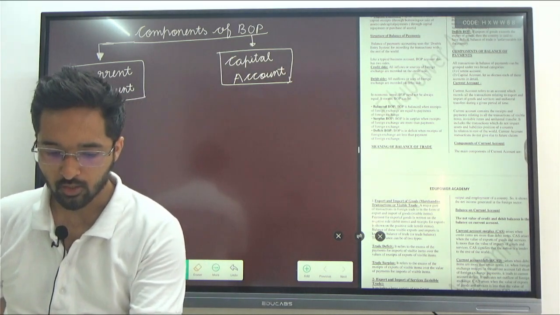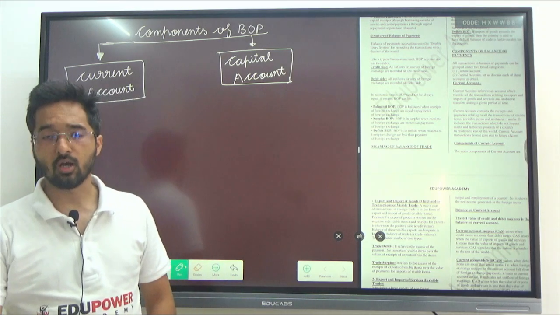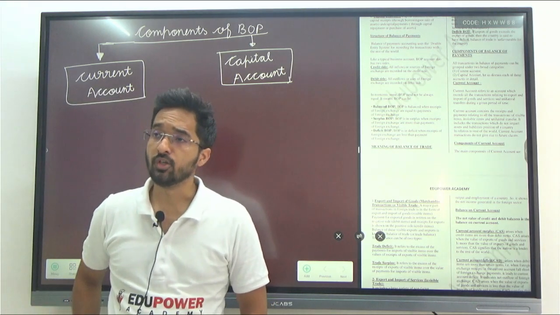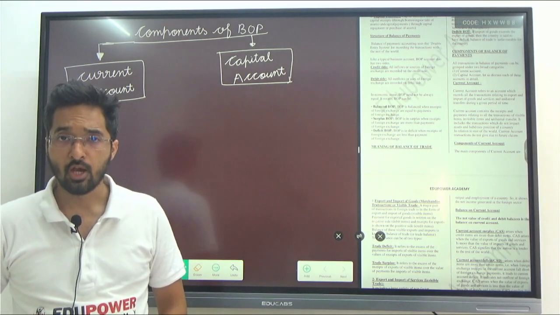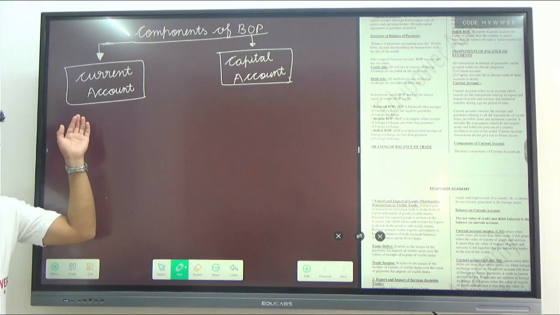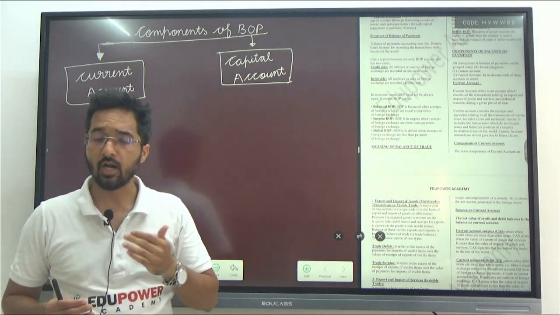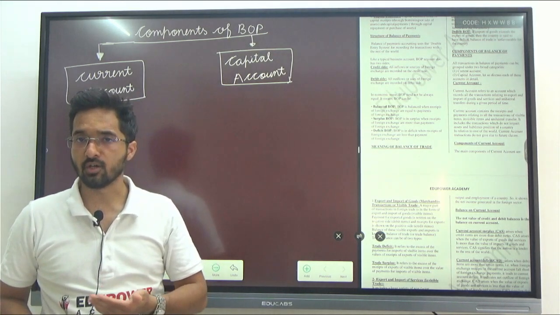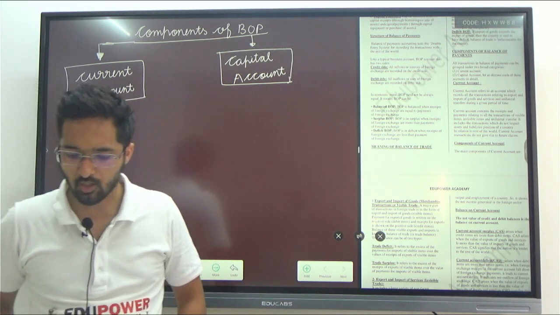What is current account? So, current account consists of the transactions which affect India's national income and expense. Those transactions which record the things related to export and import of goods and services and unilateral transfers are called current account. So, what all do we have in current account? We have things like export and import of goods, export and import of services, and unilateral transfers along with rent, interest and payment. So, please note down current account, it is an account which records